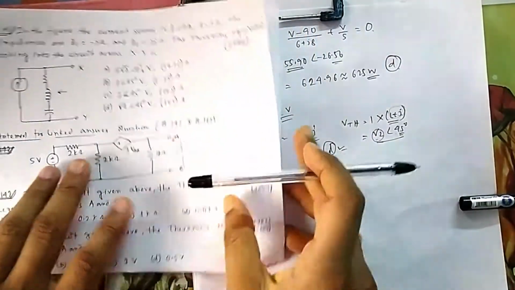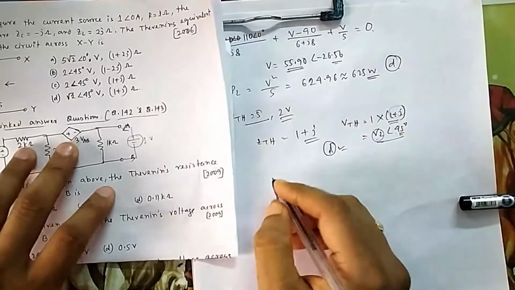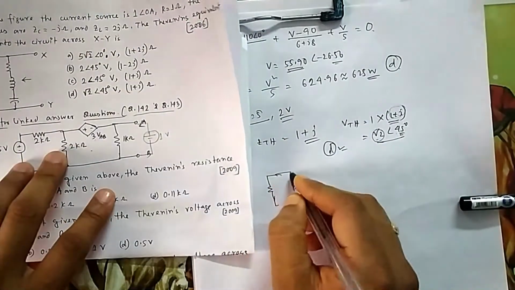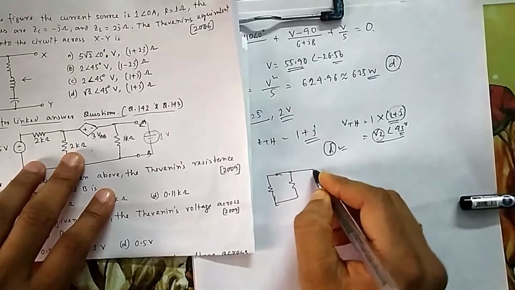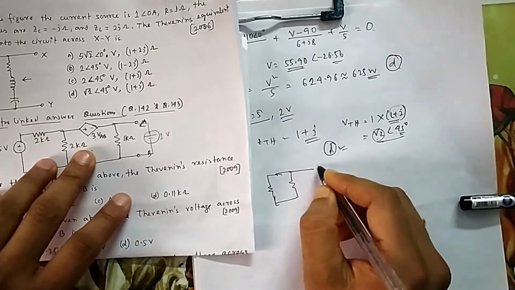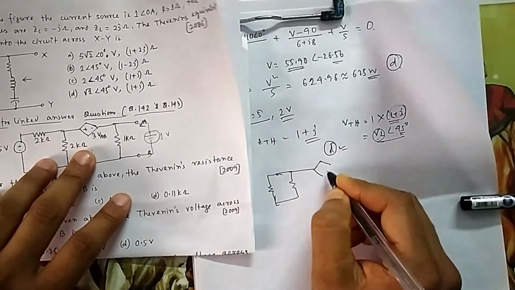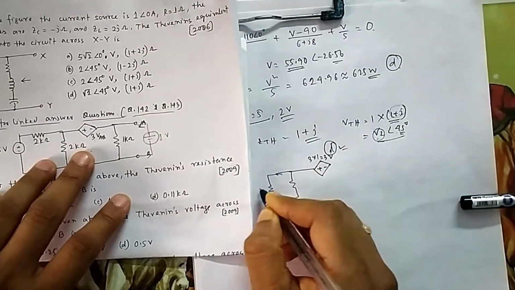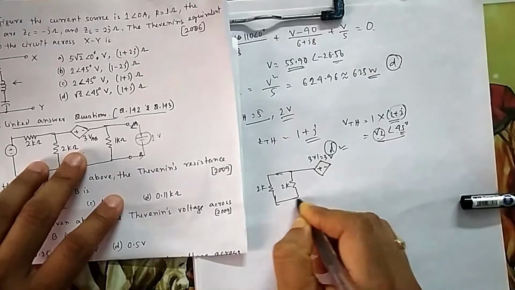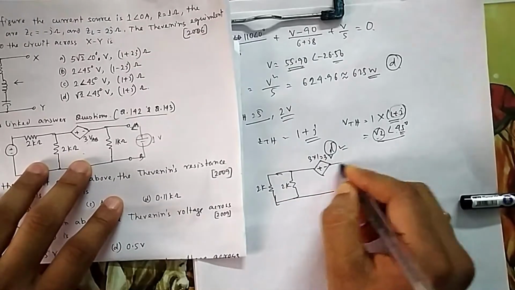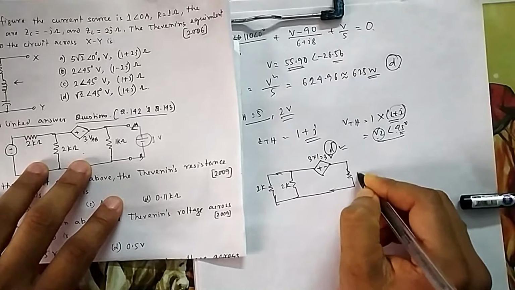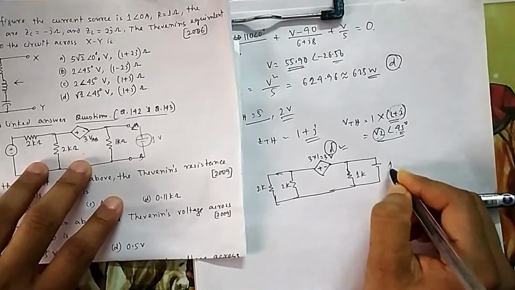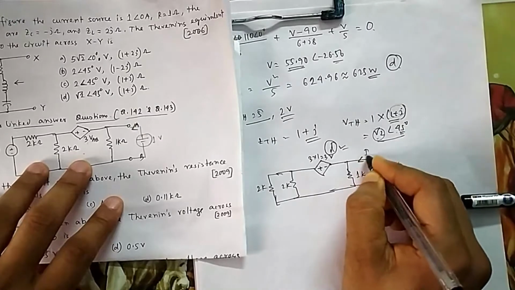So if you kill this one and put 1 volt, then this voltage you will know. First let me write it. I have killed this one, so it becomes 2 here. It is also 2 now. And what will be this voltage? This voltage will be now plus minus 3 into 1, that is 3 volt. This is 2 kilo, and then this is 1 kilo, and then you have connected a source here, 1 volt. Your intention is to find this current I.